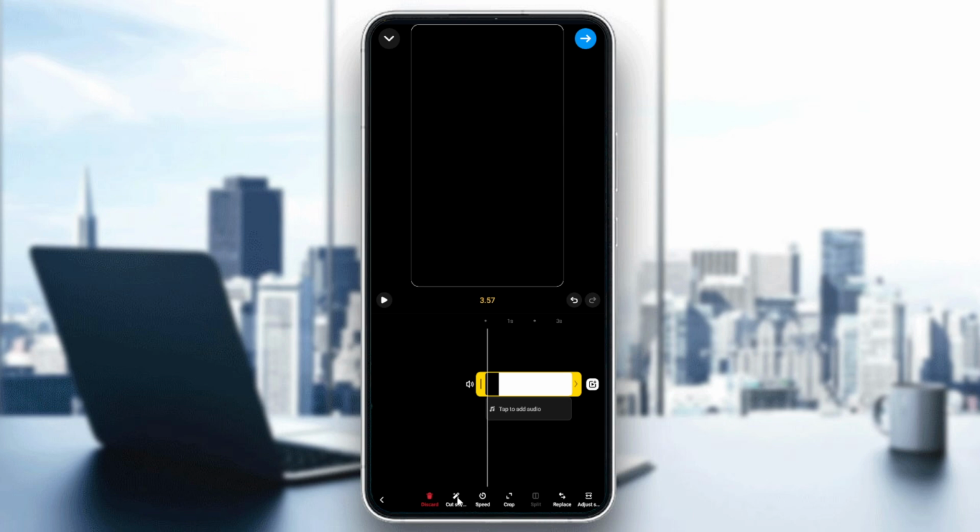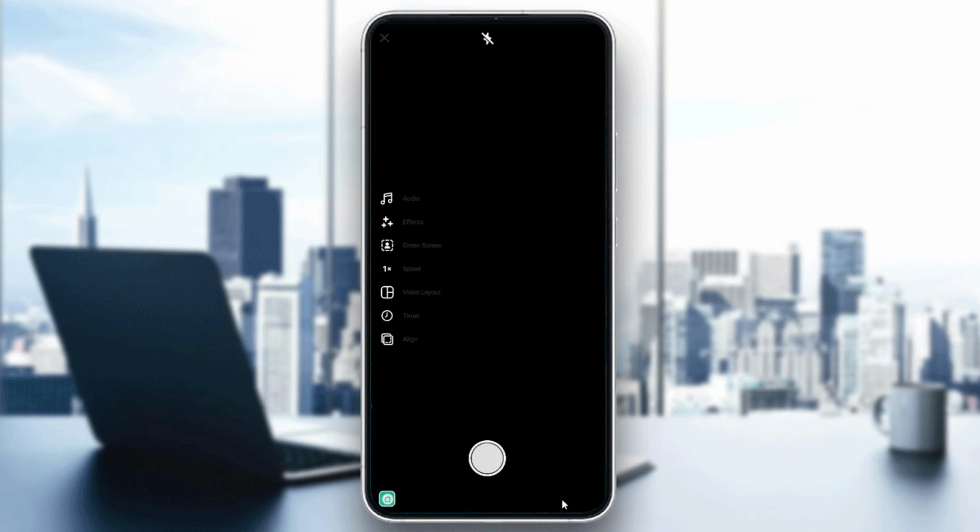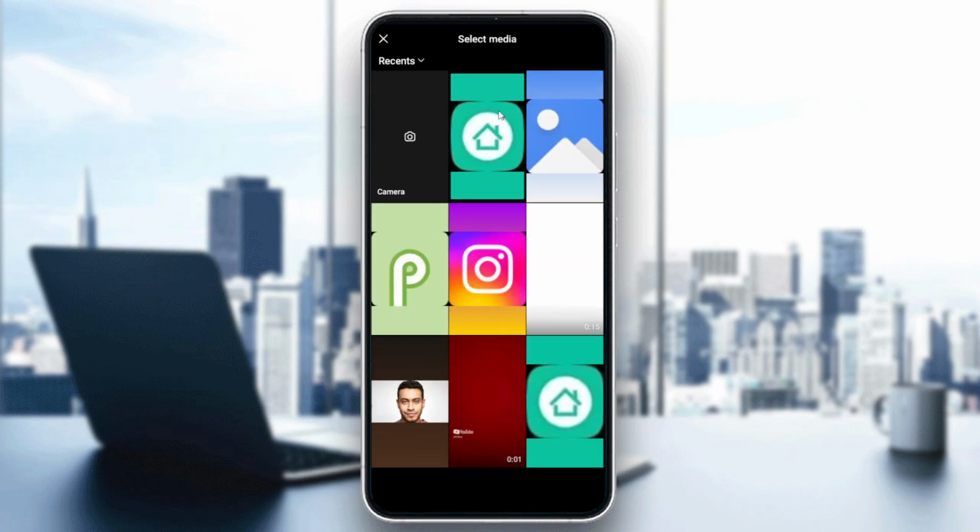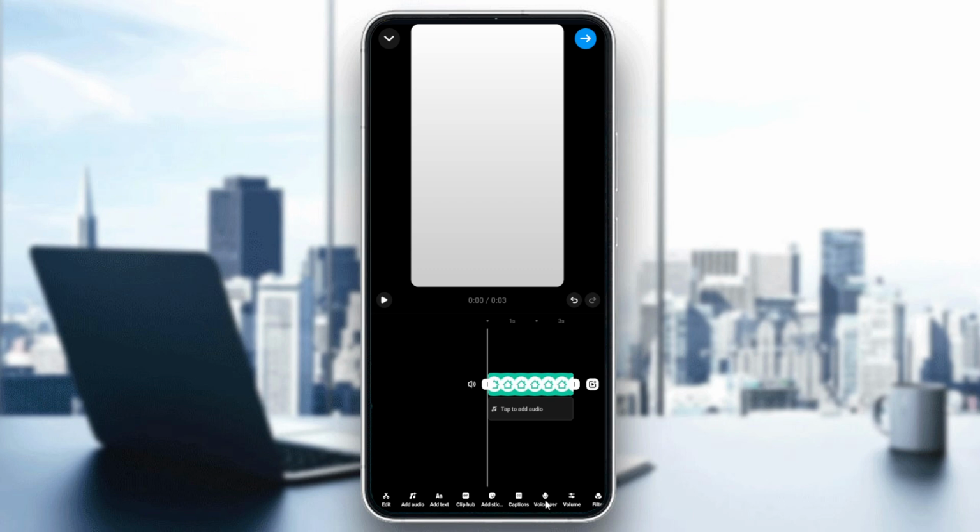You can also cut some parts or cut silences. Like if you have many silences on the video, you can start replacing the video, etc. And you can do many things. So also, one of the things that you can do is to start adding captions. You can also add some clips, add text from here, for example, my text, and I'm just going to click